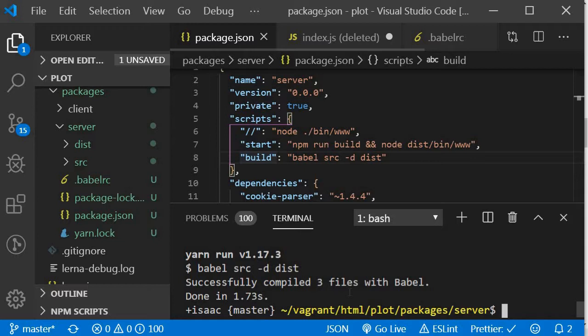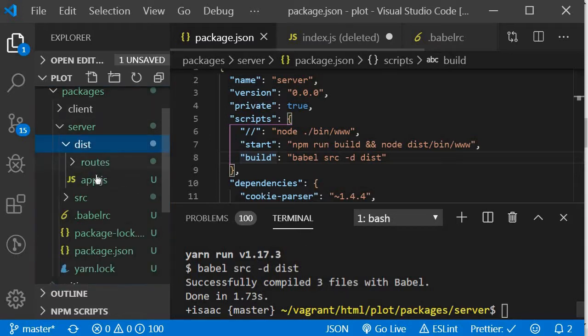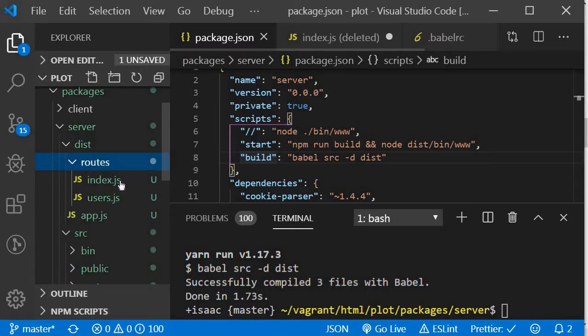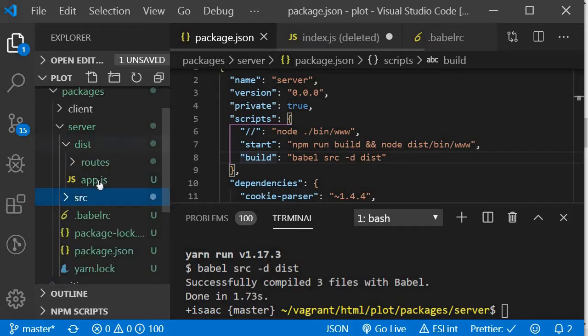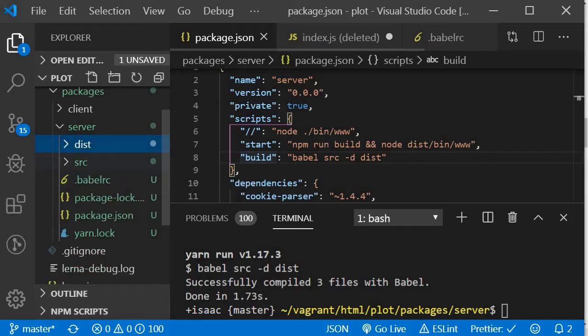Okay, so let's look at our dist. So it didn't transfer over everything, and so what we'll do is